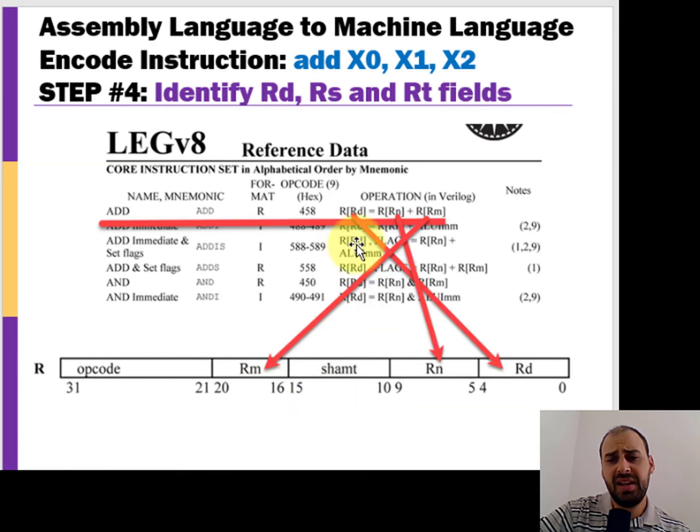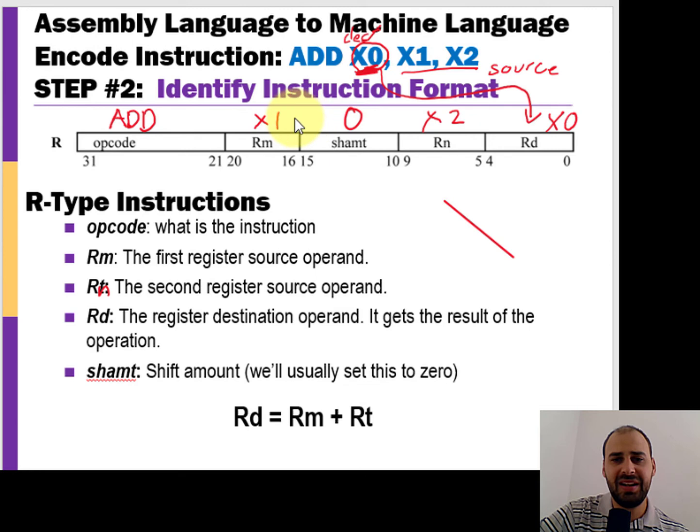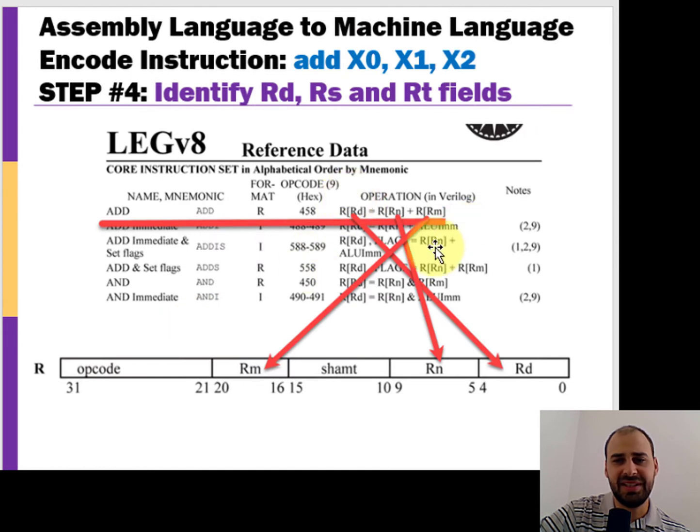That's one of the harder parts. Now we need to just map the registers into the appropriate fields. Remember RD goes to the rightmost one, and then we have these other RN and RM. It's actually going in the reverse order that you would expect. I think I wrote that the other way up here, so it's important to double check the documentation. That's a minor point. You actually get the same result in this case if you flipped it around, but unlike the RD one, if you didn't, it would matter. But because we're adding, it doesn't here. But anyway,